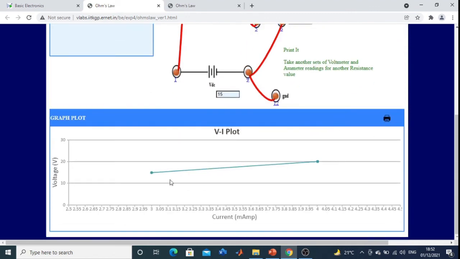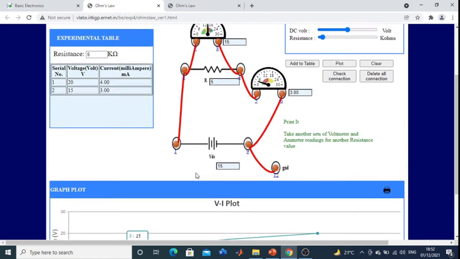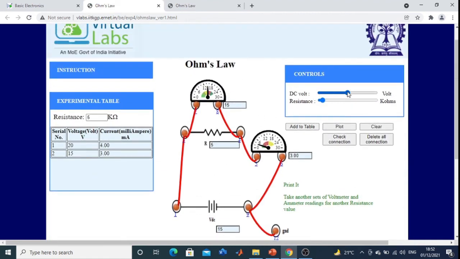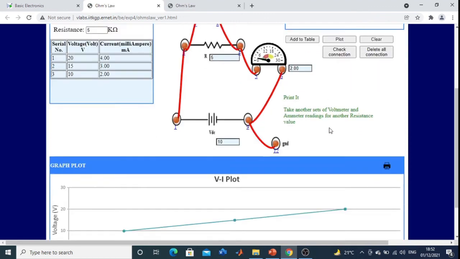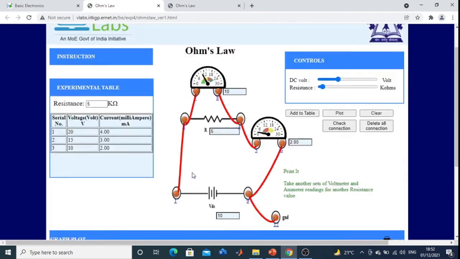Plot. Got my point students? Then just change it to 10. Add to table. Voltage is 10, resistance is 5, current is 2. So just plot it. Clear students?